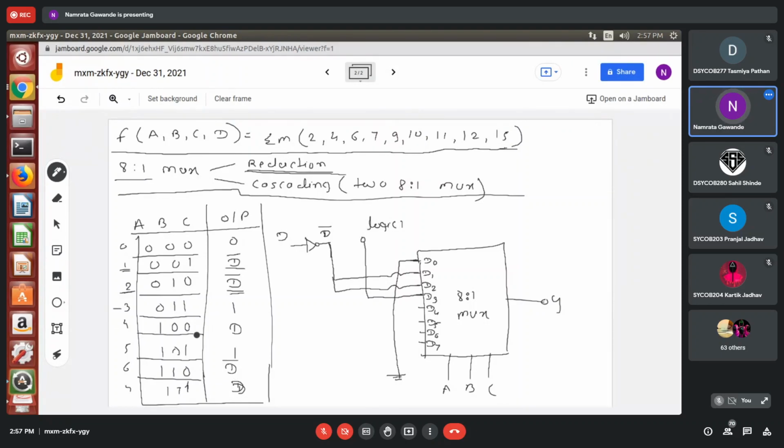Then D4, that is D, as it is. Next, D5 and D6. See here, D5 is 101, that is 1, so D5 should be connected to logic 1.